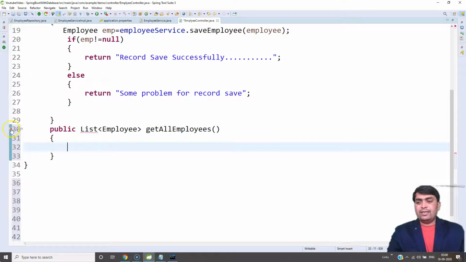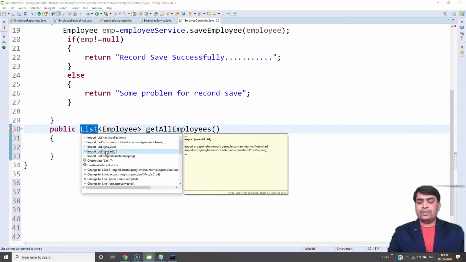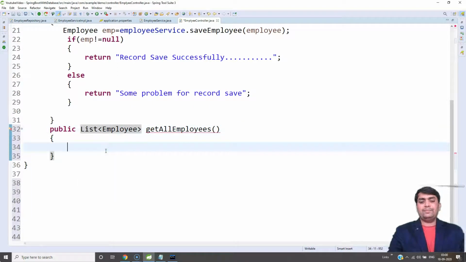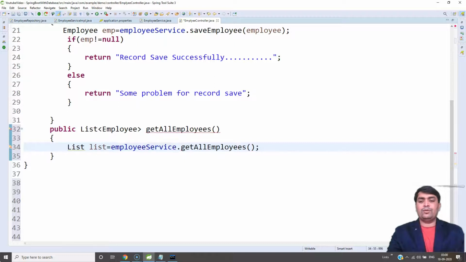Here you have to import the package of the list collection, java.util.List. Then we need to call the service layer. I write list equal to employeeService.getAllEmployees.